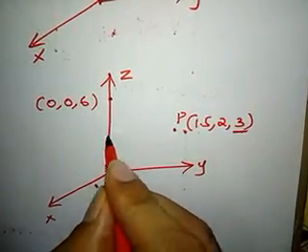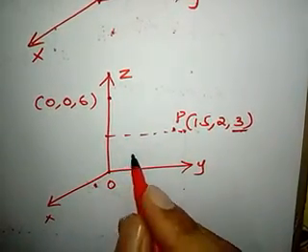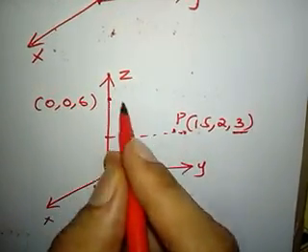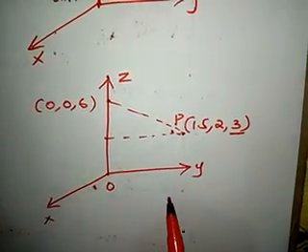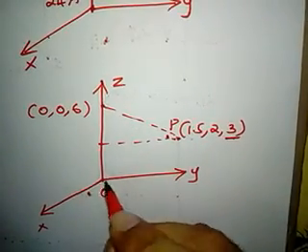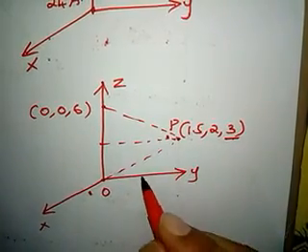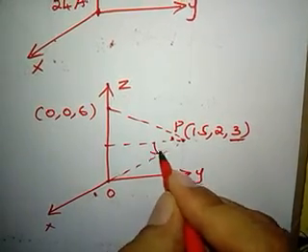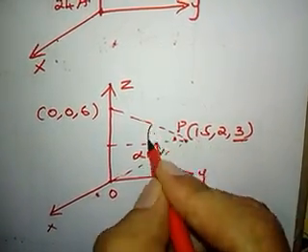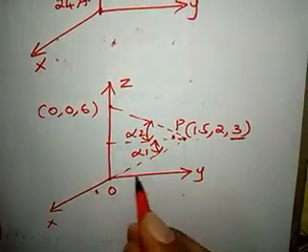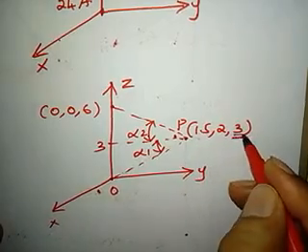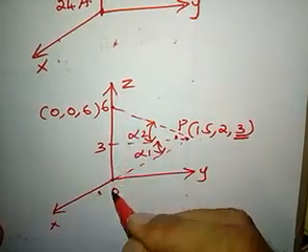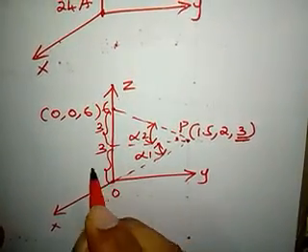So I am drawing from there the dashed line. Okay, then the conductor one end is at 6, so I am drawing a dashed line from 6. Now the one end of the conductor is at origin, so draw a dashed line from the origin to the point of magnetic field intensity. This is alpha 1, this is alpha 2. So this is 3 units, because Z is 3. Then this is 6 units. So the difference between 6 and 3, so this much is 3 units and this much is 3 units.